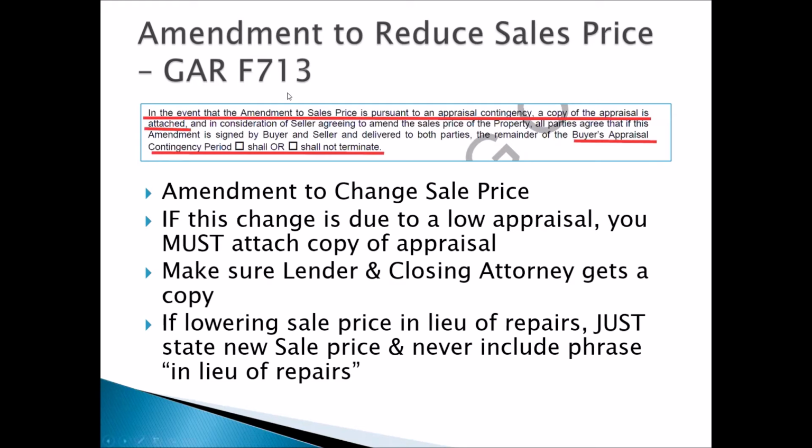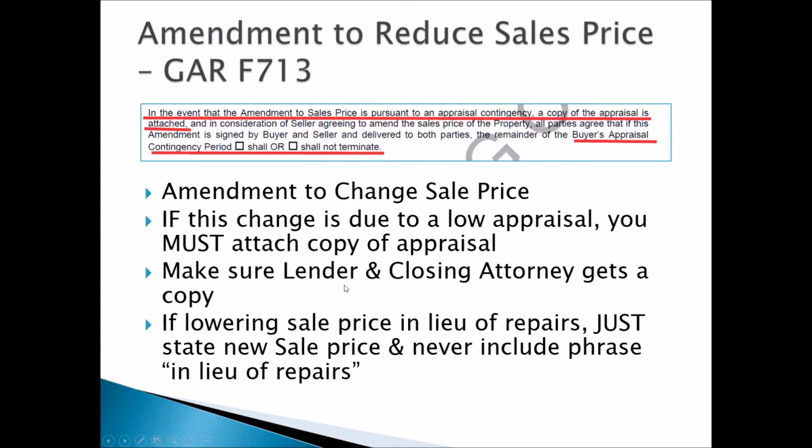But if you are going to change the sale price, this would be the form that you use, amendment to reduce the sale price. Now, this form used to only be in pursuant to an appraisal. Now it's general. So generally speaking, this is what you would use to reduce the sale price. If, however, you are reducing the sale price because, based on the appraisal contingency, the appraisal comes in low, then you must also send a copy of the appraisal, and you would negotiate if the appraisal contingency time frame